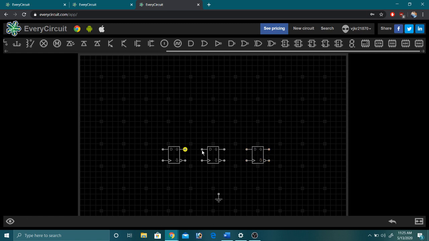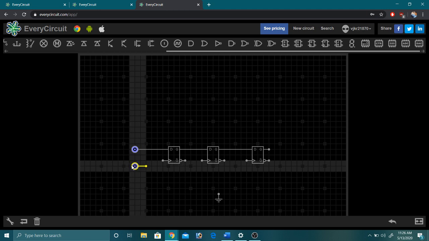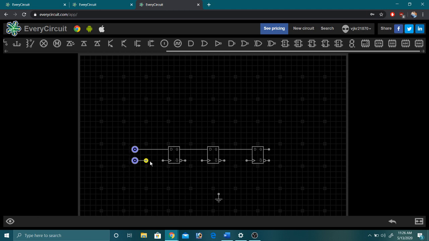Because it is a shift register, we'll connect from D to Q, D to Q. Here we'll give an input. For input we'll be using this logic source. This can be toggled as 0 or 1 by using this button at the bottom. This toggle button will change the value from 0 to 1 and 1 to 0. And this square pulse symbol is a logic train, in the sense it will be providing the clock. So we are giving the same clock to all the 3 flip-flops.